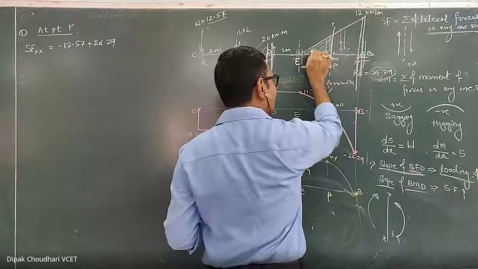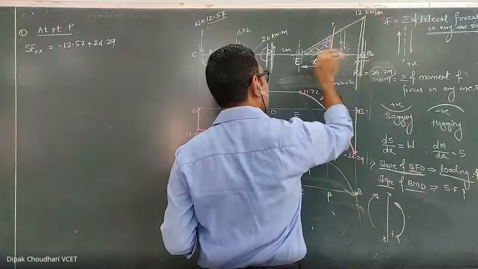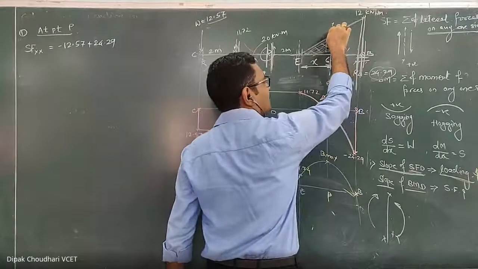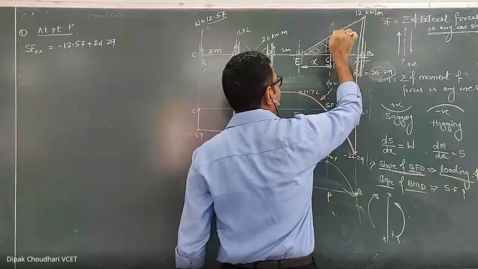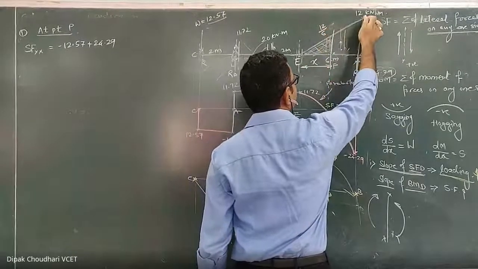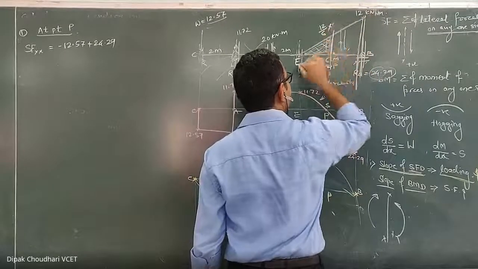Now to calculate this equivalent triangular load, I need to calculate the intensity at this distance x. How can I get this intensity? I told you that the height of the triangle represents the intensity. So how can we get the height of the triangle at a distance of x? It is 12 upon 6. This height upon this base, or this intensity upon this base, into this distance x.